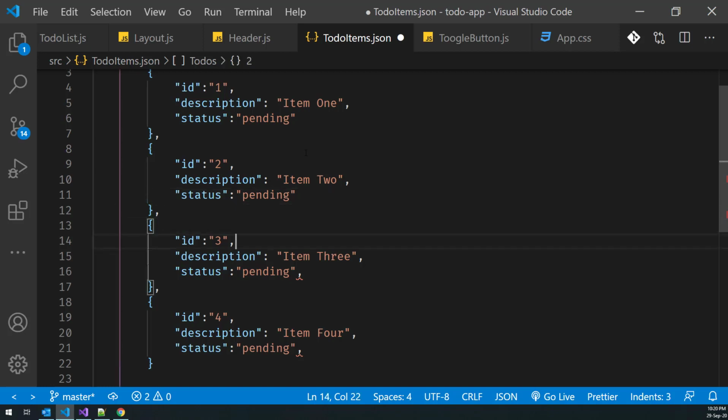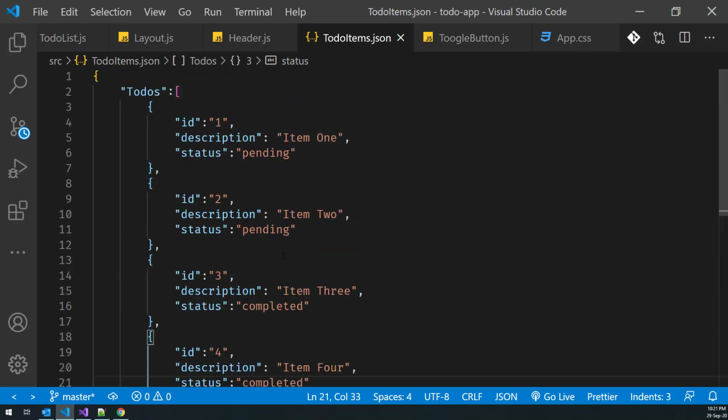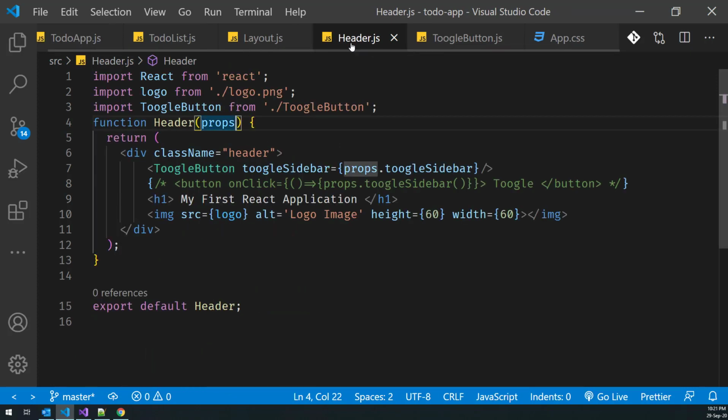So let's have 2 pending items and 2 completed items. I'll change it to completed. I'll copy this completed word and paste it here. Okay, so our JSON file is ready. Now we want to use this JSON file to run the JSON server. So now if I close this and open the terminal,